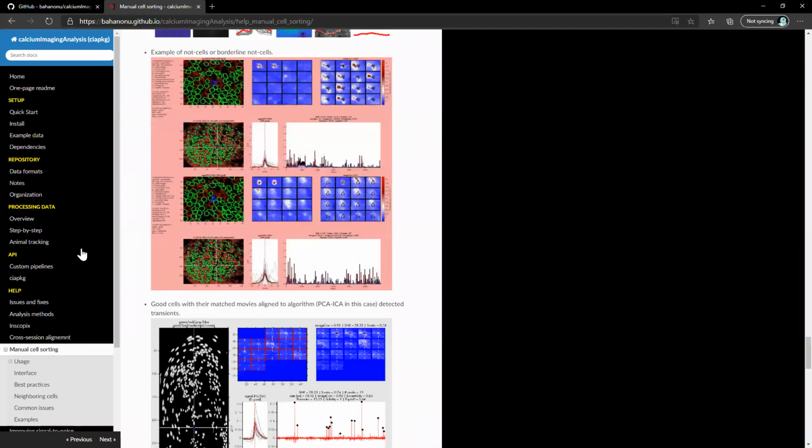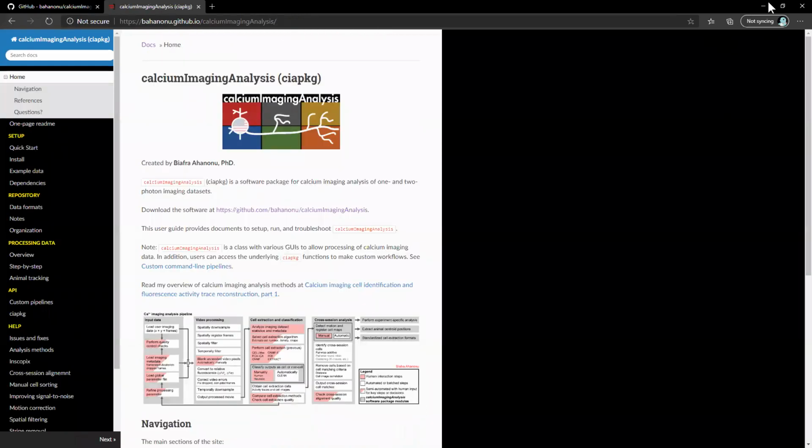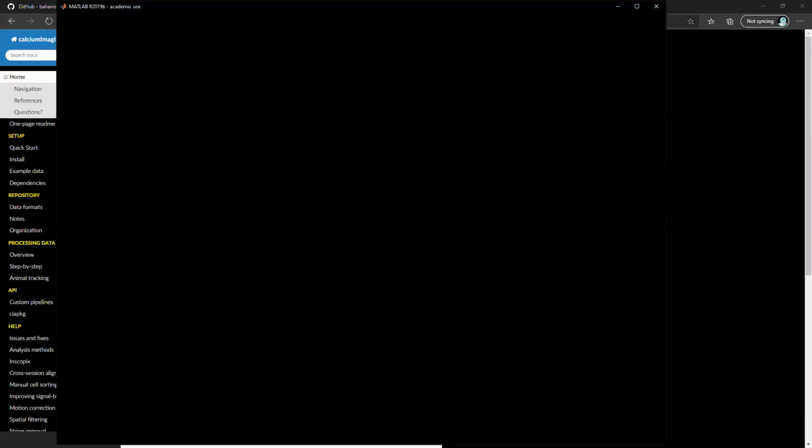So that's the main documentation website. We updated that recently to make it a little easier for people to find what's relevant. And then it'll be expanded as more things are added, just to make it clearer for users. All right, so if we pop back over to MATLAB,